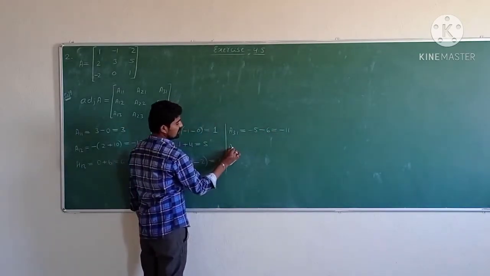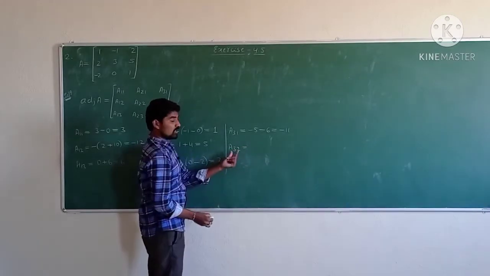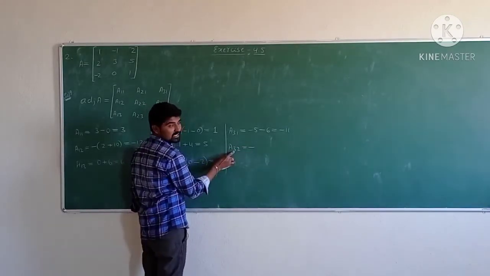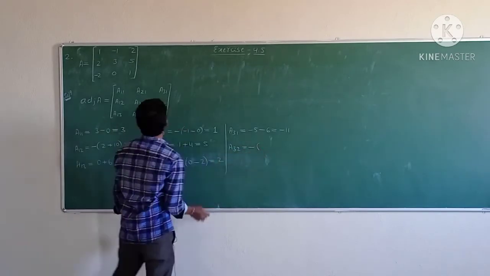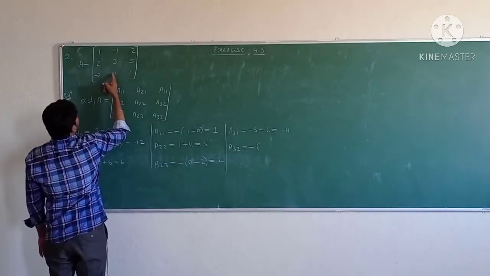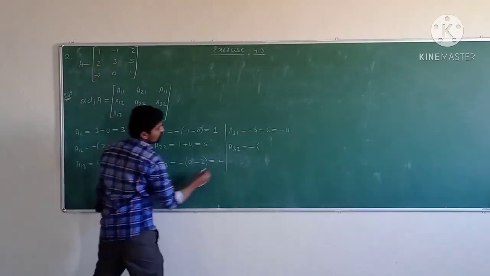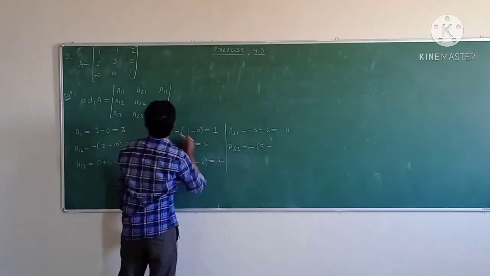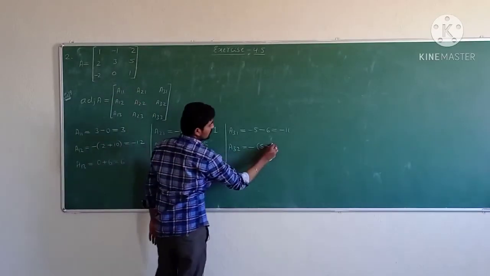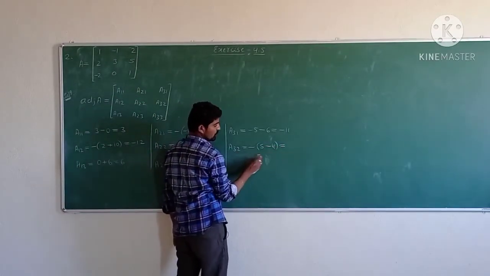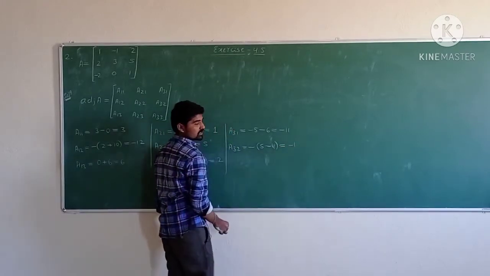And next A32. 3 plus 2 is odd, therefore multiplied by minus. A32 is obtained by deleting the third row second column. So third row second column. Remaining elements 1, 2, 2, 5. 1 into 5 is 5. Minus 2 into 2 is 4. Which is equal to 5 minus 4 is 1. 1 into minus 1. And next